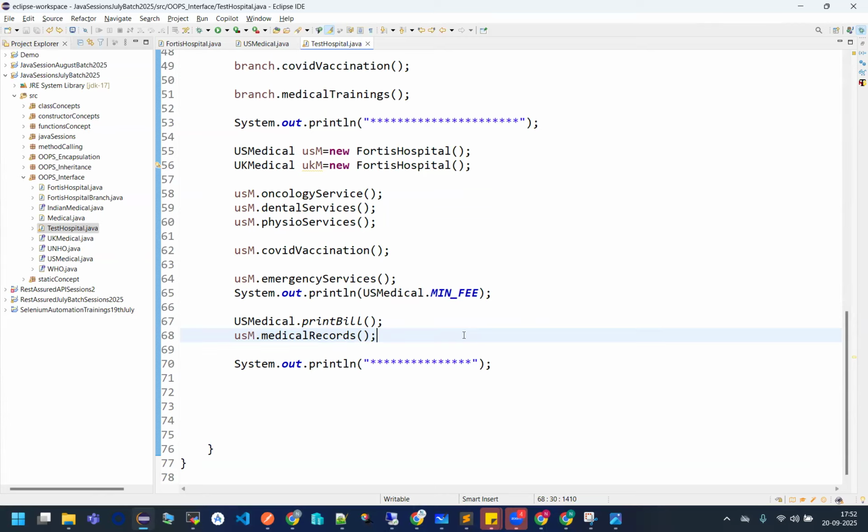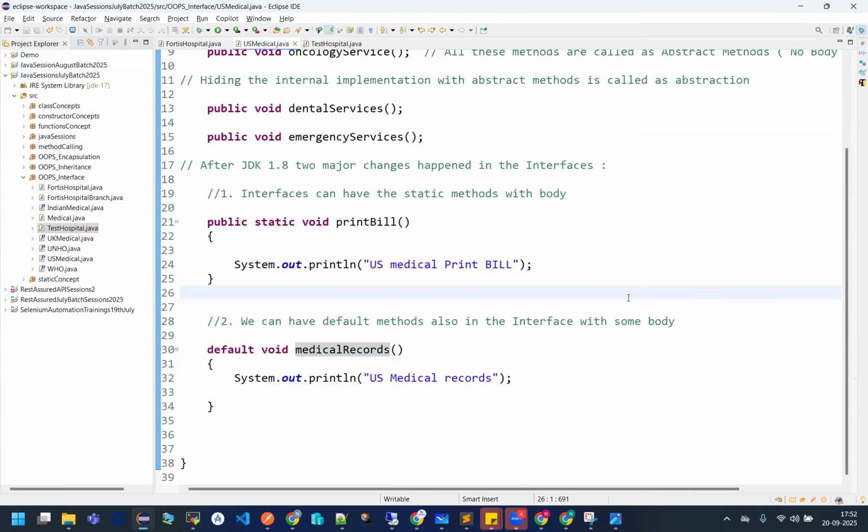Okay. So these are the two changes. A very important interview question is: what two changes were made to interfaces after JDK 1.8? It will surely be asked from everyone. Now, one more important interview question is: